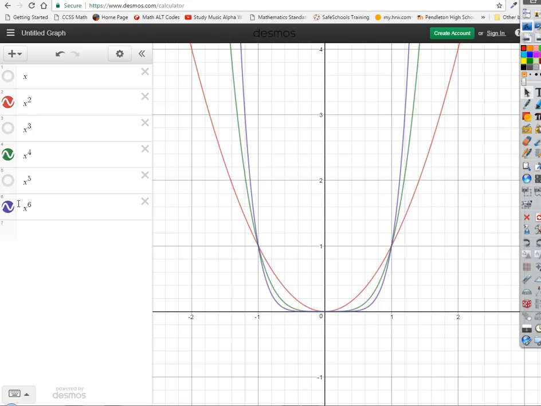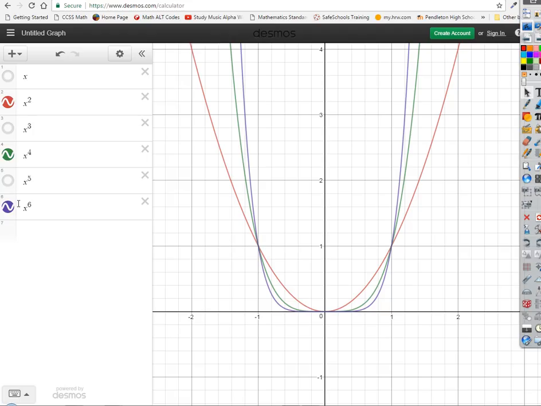Okay, so all the even exponents are going to be the same, and all the odd exponents are going to be the same. Now, if you look at what's specifically happening, even if we compare the even ones, what's going on? The red one is x squared, the green one is x to the fourth, and the purple one is x to the sixth. Yeah, their shape is changing subtly. They all look pretty similar, right? But wouldn't you agree that the green one, if I go out to big values of x,